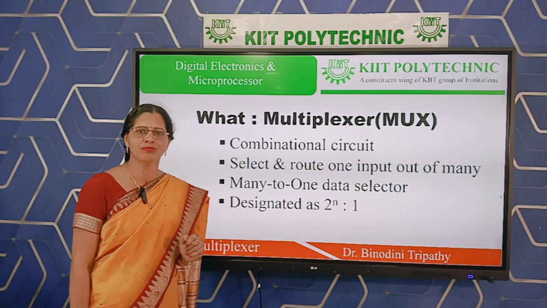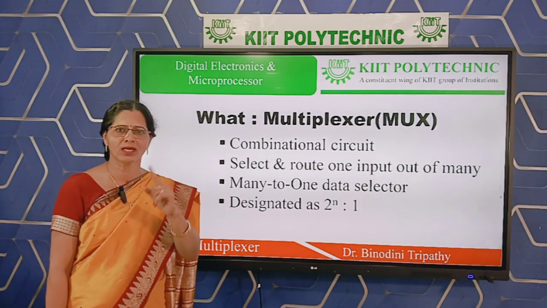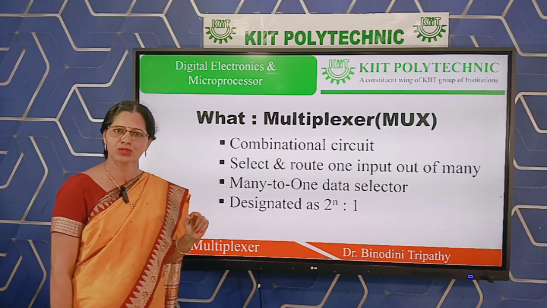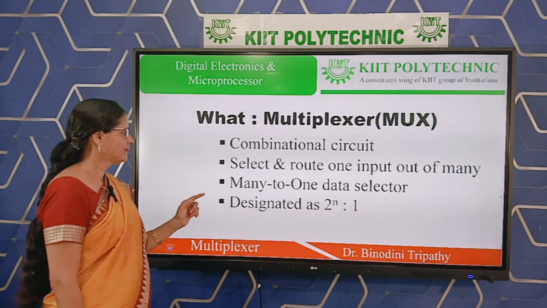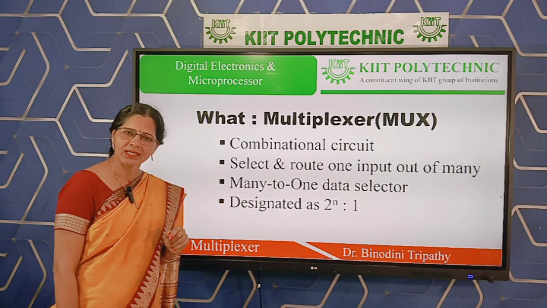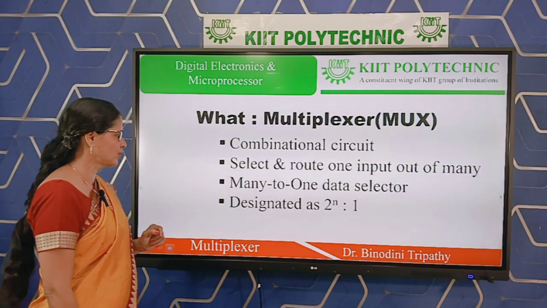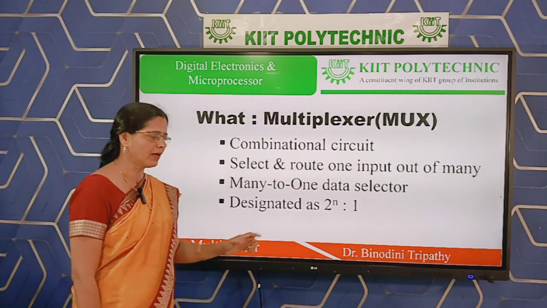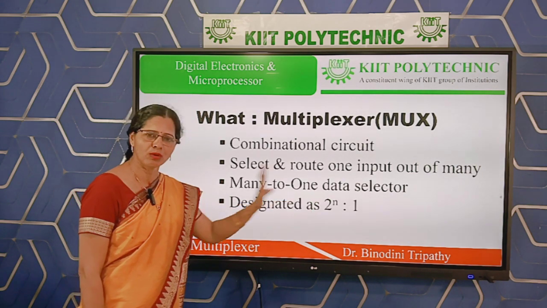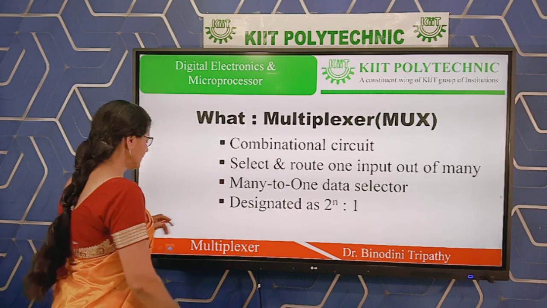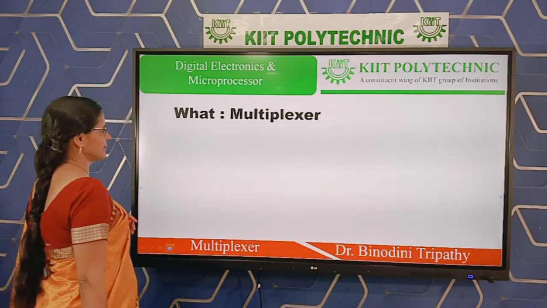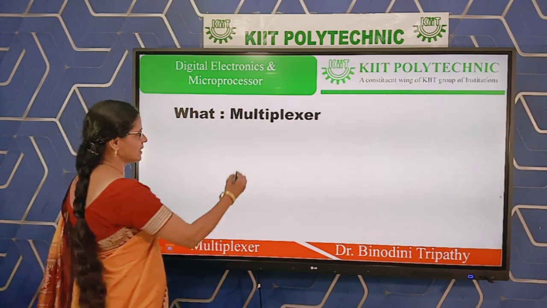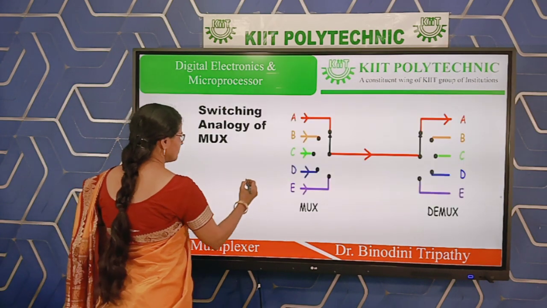For example, you have 5 data and you want any one data. By multiplexer, you can select any one data as per your requirement, and accordingly the name is data selector or signal selector also you can take. And basically this multiplexer is designated by 2 to the power n is to 1. It will be very clear, we discuss now in this page. This is theoretically finished but not possible to understand. Now you can easily understand multiplexer.